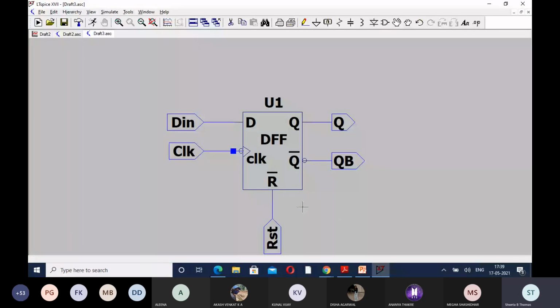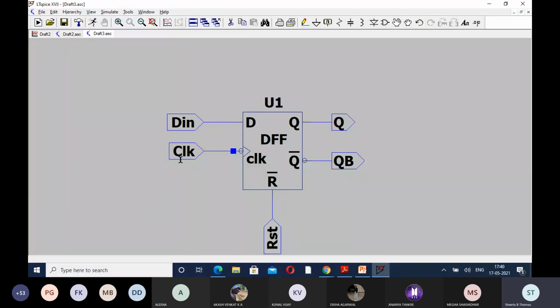Fine. So this is up to this. It is okay for everyone. Yes, 3 inputs given: D input, clock and reset, then Q and Q bar. But when we are going for output, we are only interested in D input, clock and Q. No need to take the output of Q bar. 2 inputs D and clock, then Q. These three will be enough.